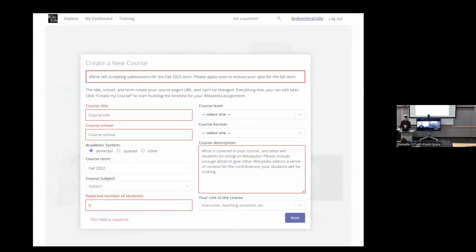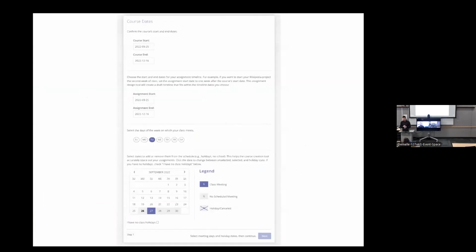Using the wizard, you'll be asked to enter information such as your course title, the school, the expected number of students, the course description, and any other relevant information like the course term that we're in, and your role as either the instructor or teaching assistant. Then you'll be asked to input your course start and end dates and weekly schedule so the wizard can tailor the project specifically to the timeline of your class.